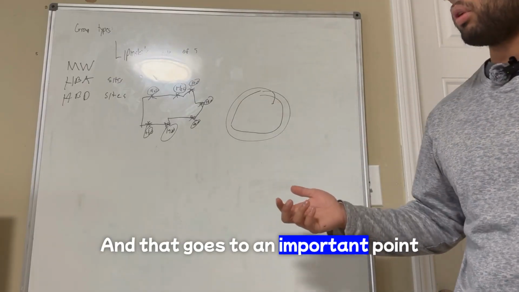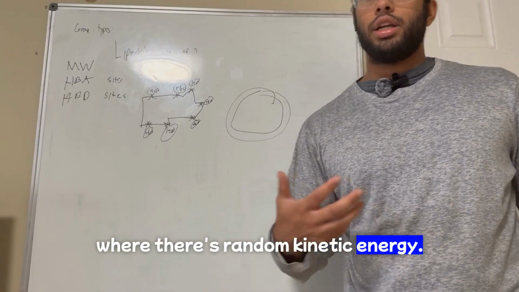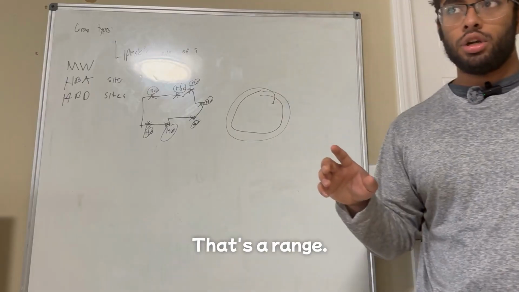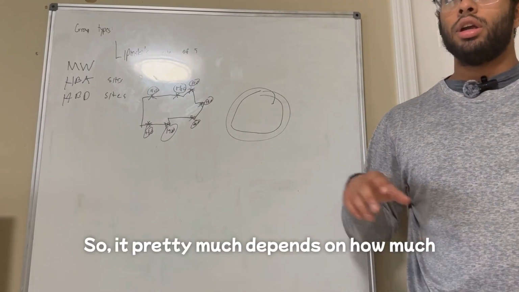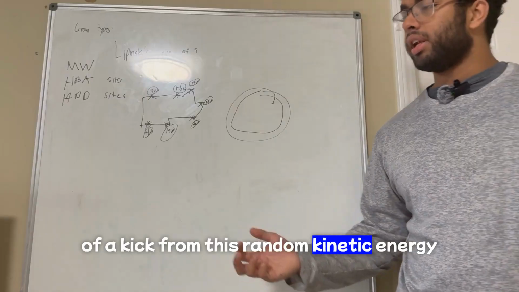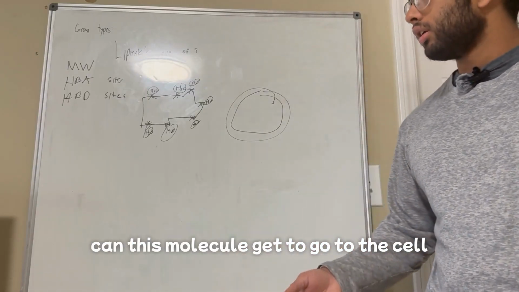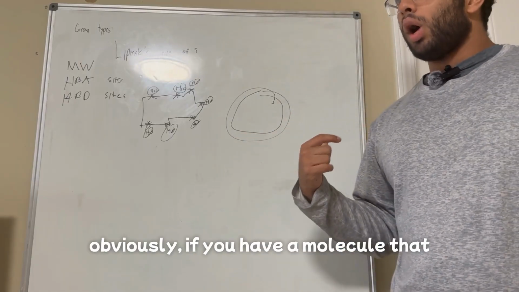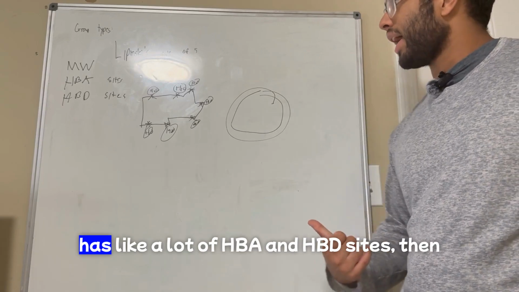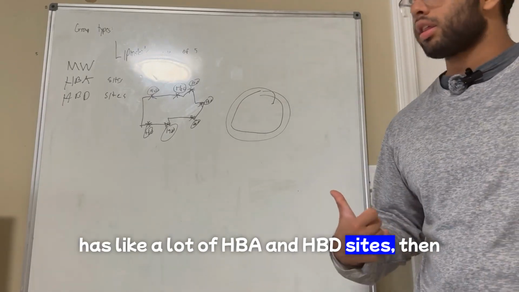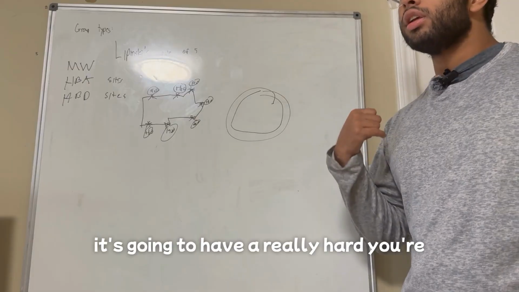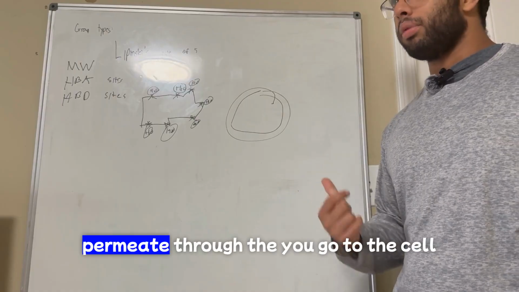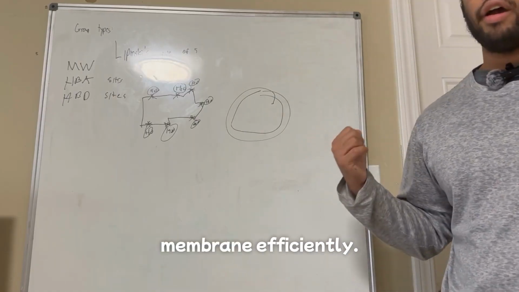And that goes to an important point: there's random kinetic energy that happens from molecules moving around. That's not like a set number, that's a range. So it pretty much depends on how much of a kick from this random kinetic energy the molecule can get to go through the cell membrane. And why this is so important is because if you have a molecule that has a lot of HBA and HBD sites, then it's going to have a really hard time. You're pretty much leaving it up to chance as to whether or not it's going to be able to permeate through the cell membrane efficiently,